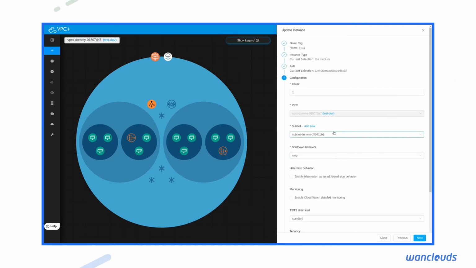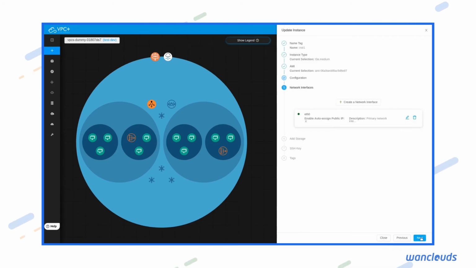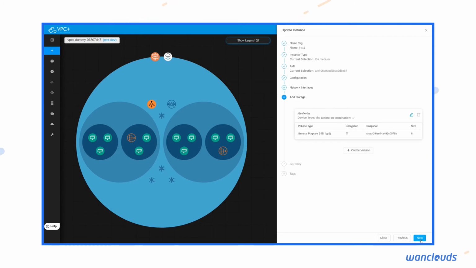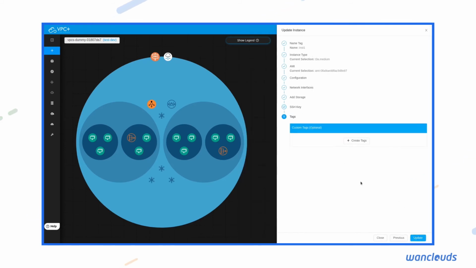You can create a new subnet or use this dummy subnet. Similarly, you can add a new network interface, and you can add additional storage, and you can use the dummy subnet SSH key, or you can upload a new SSH key.